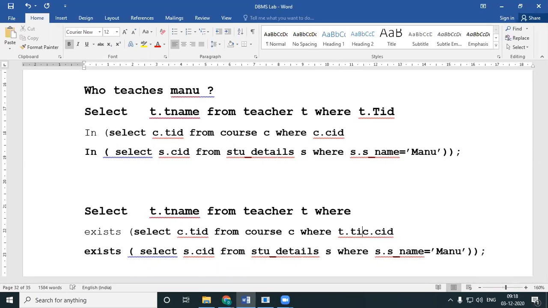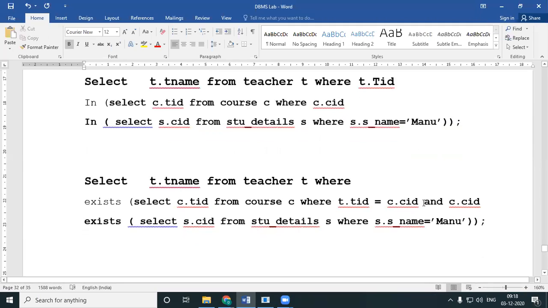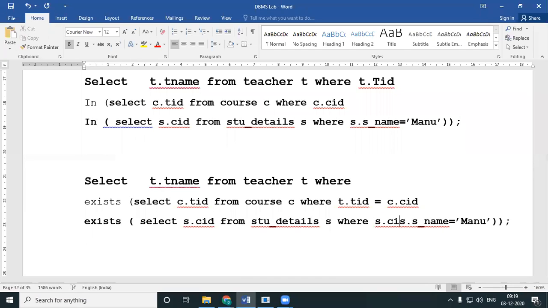T.TID is equal to C.TID and the remaining. And CID exist. Which means, I need not have this select from student details where Manu, I will have one more new condition. What is it? S.CID is equal to C.CID and.